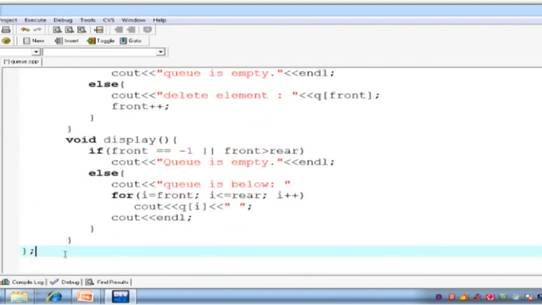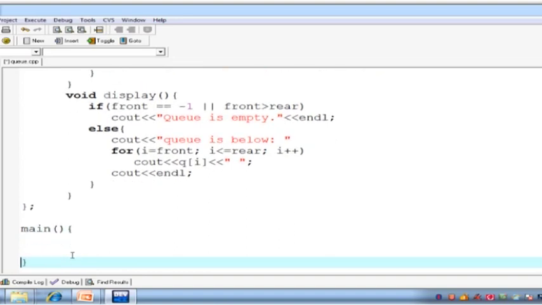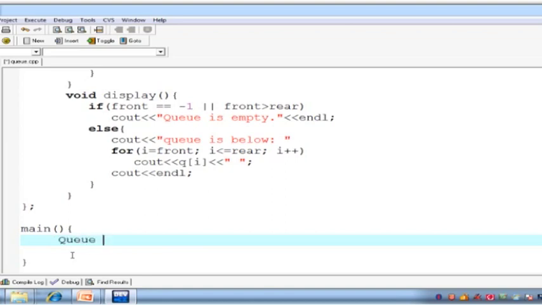Now let's write the main function and create a queue object. So that is very simple now, without template, without exception, ठीक है. We just want to check that class first and then we'll convert it into the template, and then we will write some exception, for example for empty and for full, right? So queue का object बनाते हैं q1,